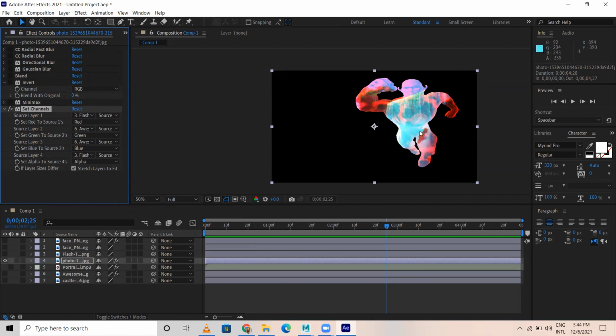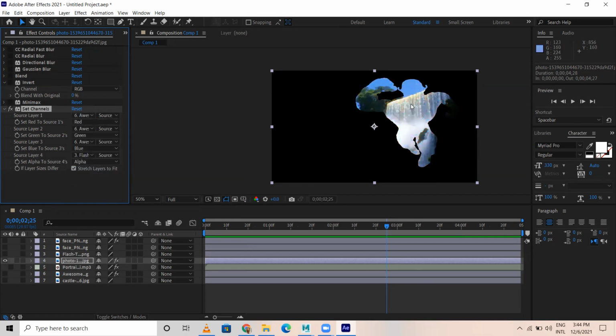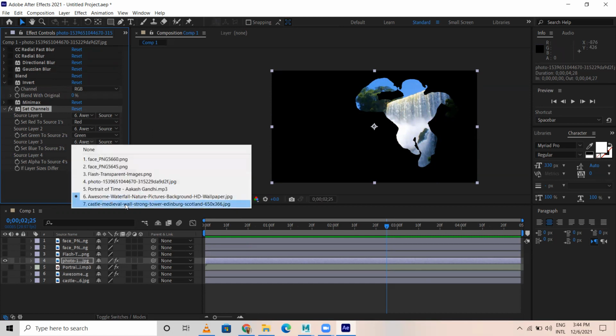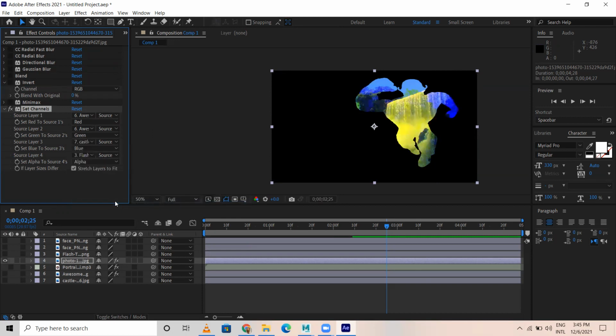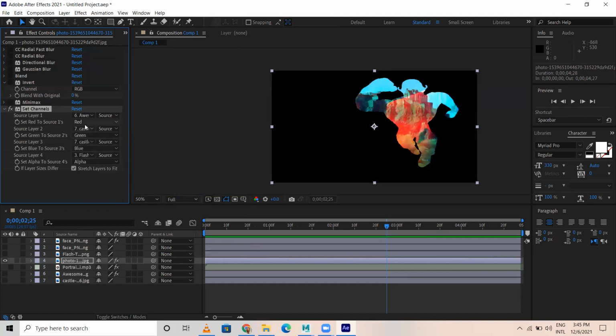This is how you can do the masking. See, my flash character inside this, I can see waterfall and all. So if I go for waterfall, great. See, this is in the alpha. I kept my flash character, but here you can see waterfall images. Instead of waterfall, if I want castle, I can have castle here also.